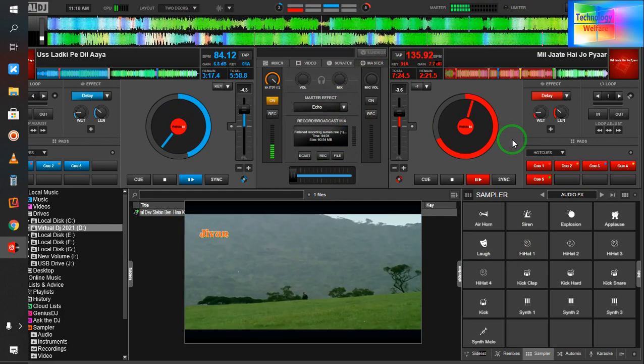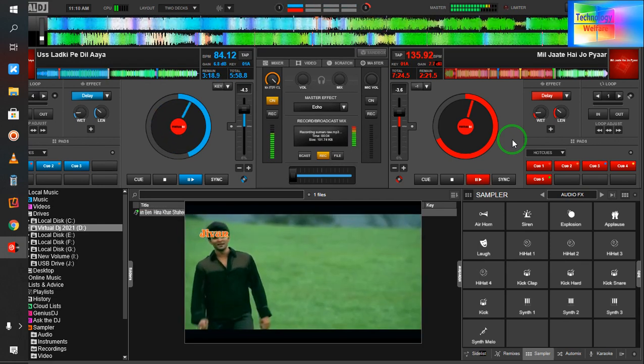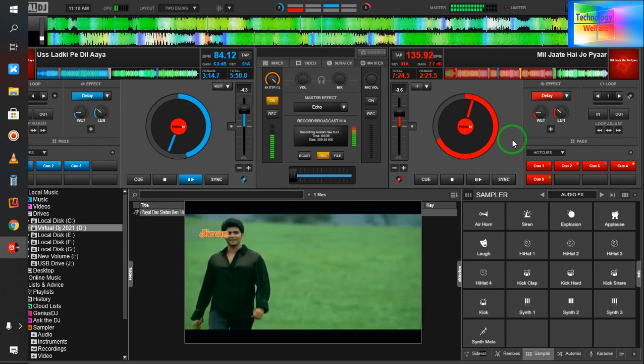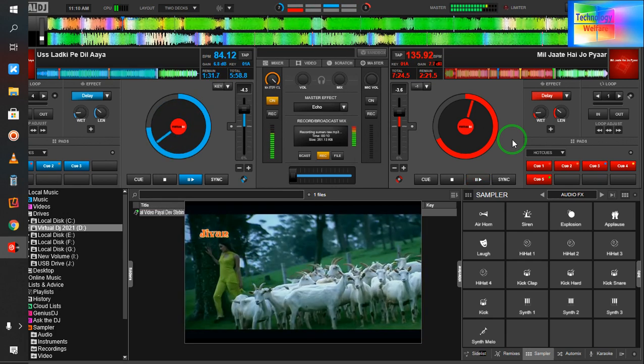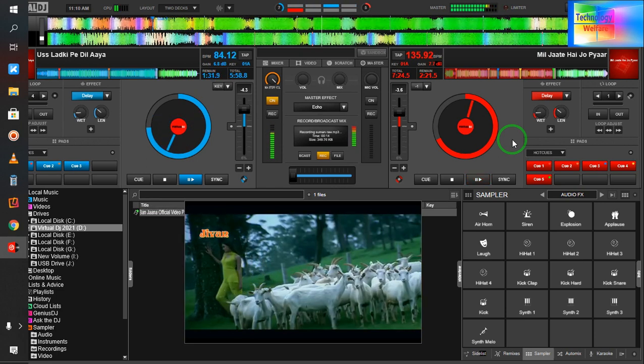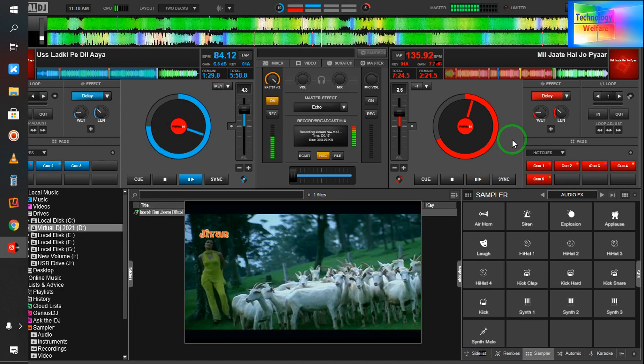धीरे धीरे पास आ रही है, जैसे जैसे शाम ढल रही है